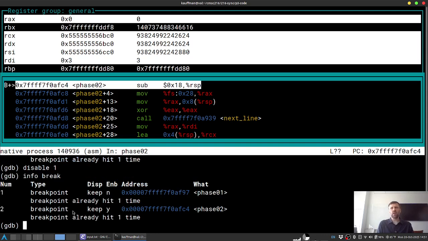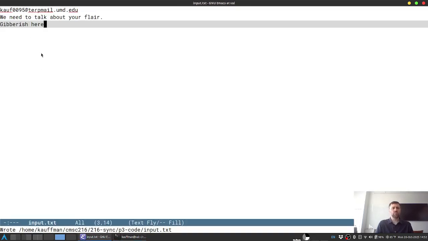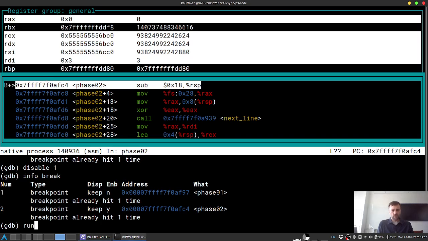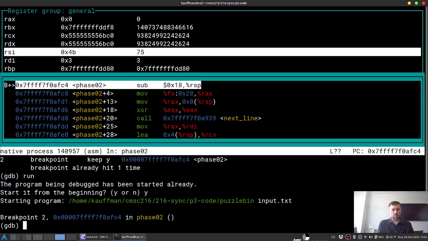I'm going to rerun again so that the new format of my input, that gibberish here, comes through. So I'm going to run again, but this time I'll break at phase 2 because phase 1 breakpoint is disabled. So we can start looking around here. It looks like there's subtraction from the stack pointer, so that's going to create some space in the stack. And then there's a bunch of weird instructions here that we'll actually talk about later in lecture as part of